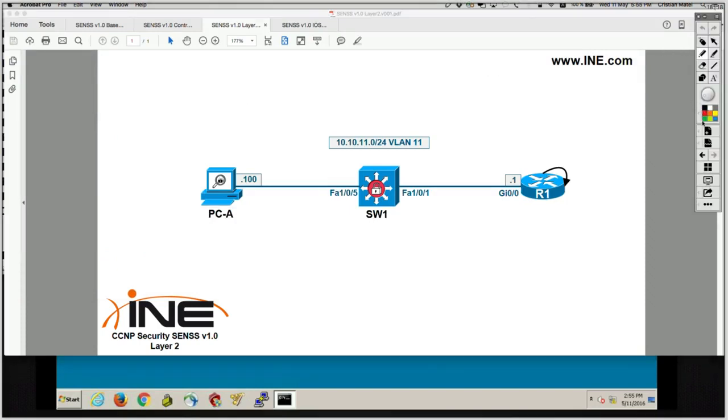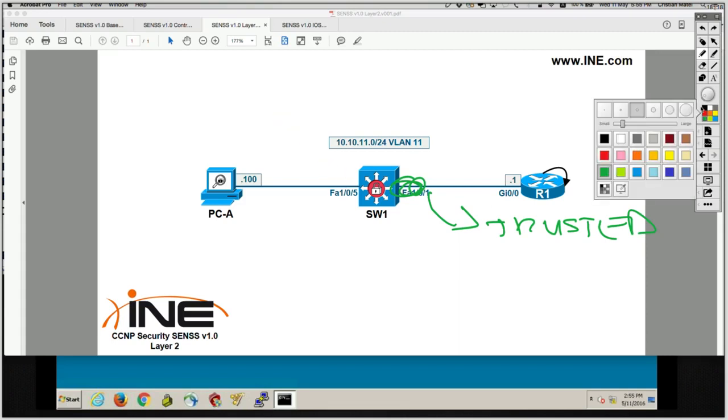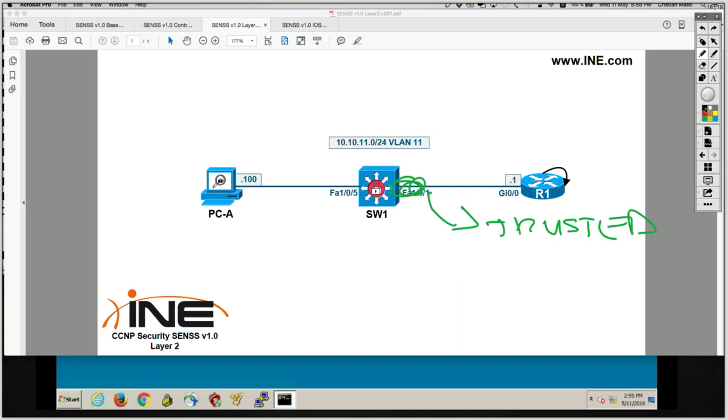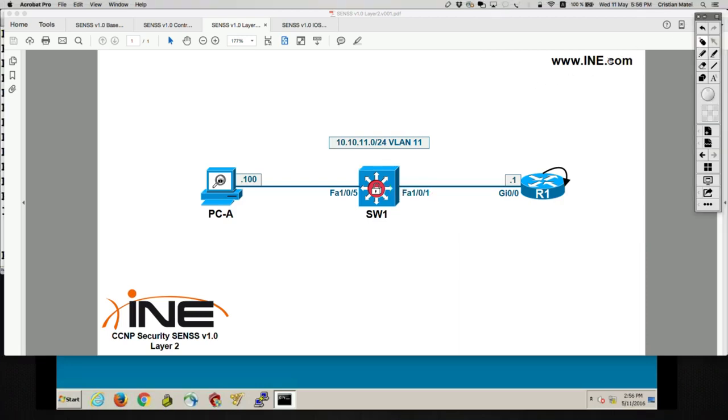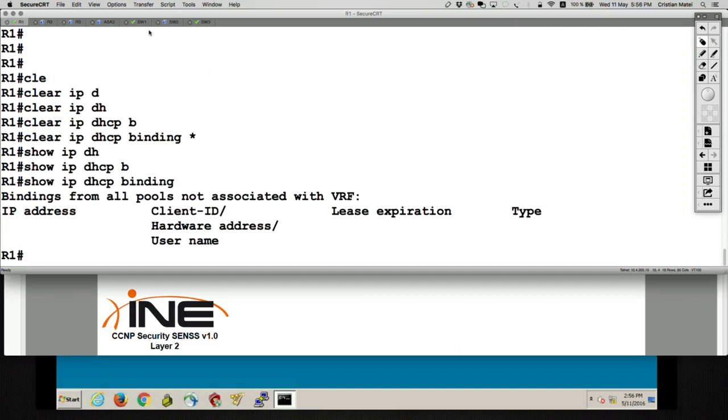We have to go and put this port facing the DHCP server to be trusted. And then let's also go and put this port in here facing the untrusted port, because this is what you want to do. All untrusted ports, you're going to configure rate limiting. So let's rate limit DHCP packets on untrusted ports to, let's say, 5 per second. So let's go back on